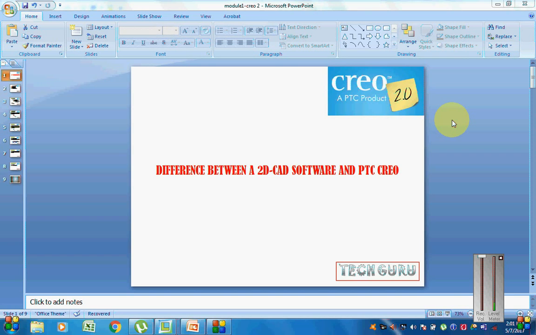If somebody asks what is the difference between a Creo software and a 2D CAD software, you should be able to answer them, and that is what I'll be trying to do today. Very first thing is there are 5 to 6 parameters or concepts which differentiate Creo or any 3D CAD parametric software from a 2D CAD software, and those parameters are